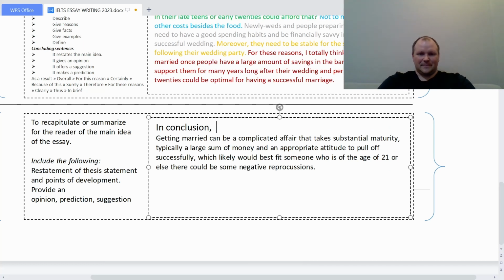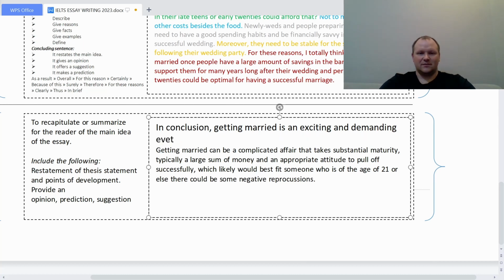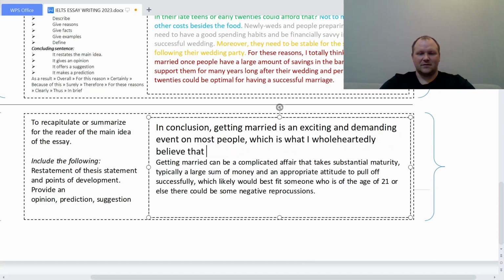So I want to say that being married is a serious commitment, serious and exciting and demanding event on most people, which is why I completely wholeheartedly believe that meeting the minimum age requirement of 21 is sufficient,